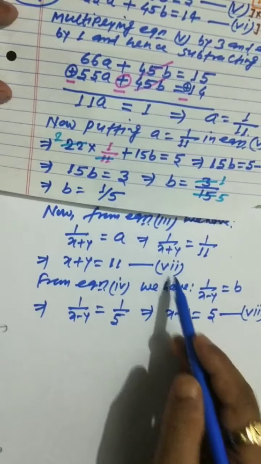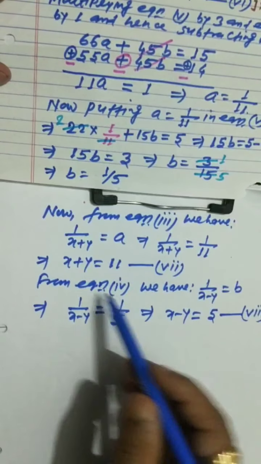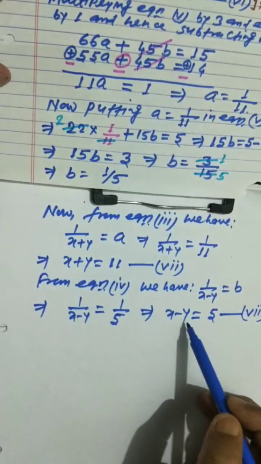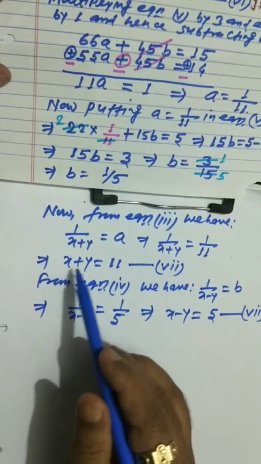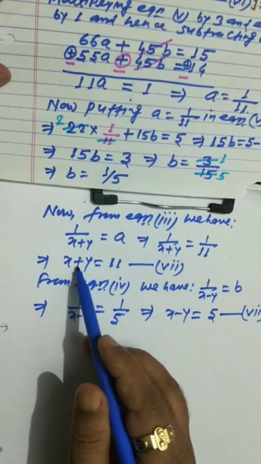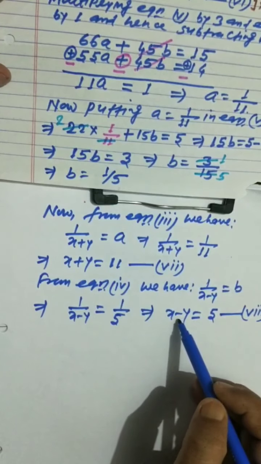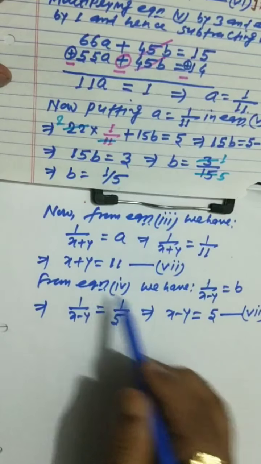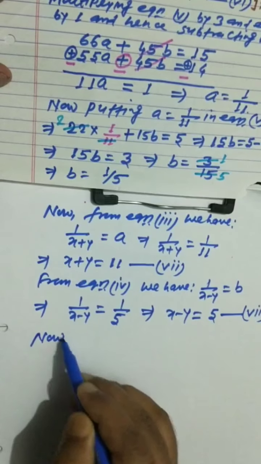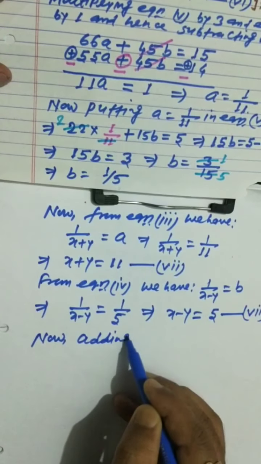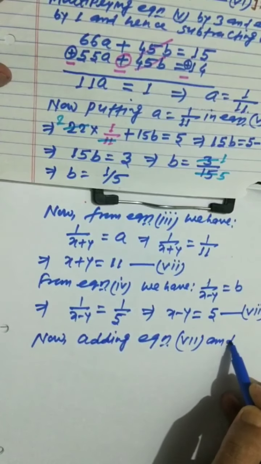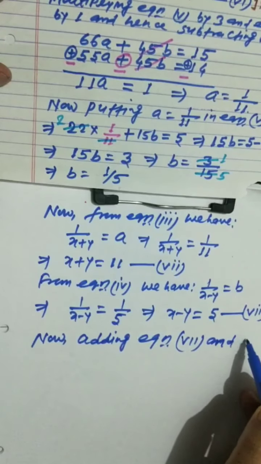Now you have to solve these two equations to find the value of x and y. You can see the coefficient of y is 1 here, and here also the coefficient of y is 1, and the signs of both the equations are opposite. Here a plus sign is there, and in equation 8 there is a minus sign, so opposite signs are there, so you have to just add them. Now adding equation 7 and 8,